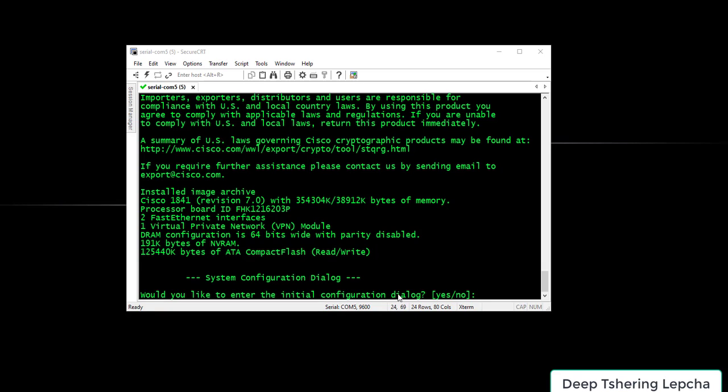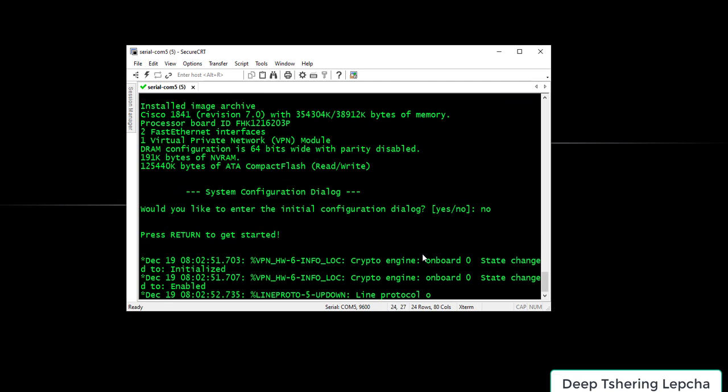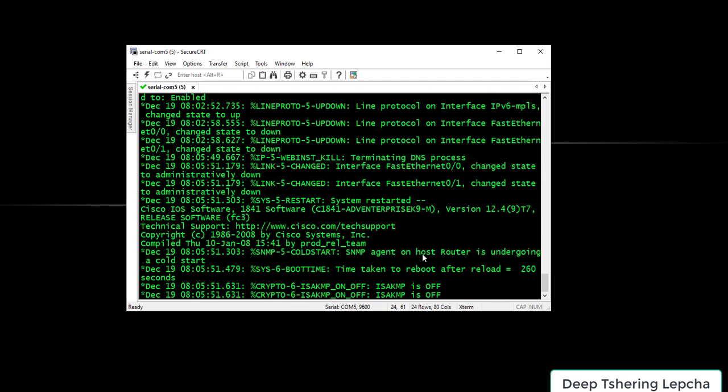But I skip this because I always prefer to configure the router manually. You can either press Control C to cancel this, or type no to skip the system configuration dialog. When you hit no, it brings you to the manual configuration user exec mode. So if I hit enter now,